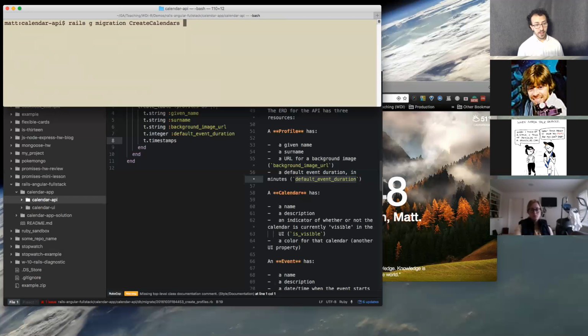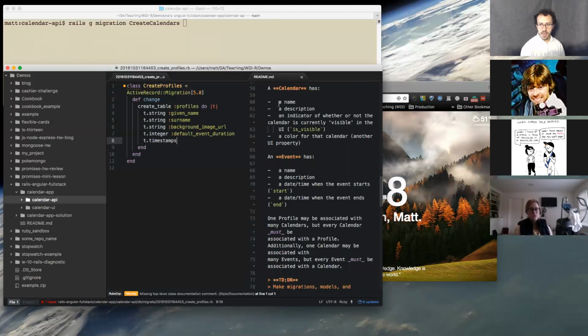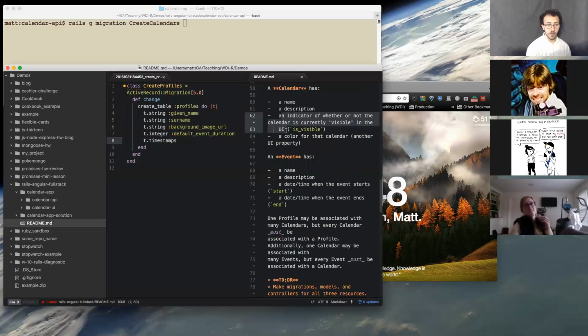Rather than opening up the file and typing all of that stuff in by hand, I'm going to use the generator syntax. And that allows me to type in all of the properties that I want the migration to create in the table in the command line interface. So what does a calendar have? A calendar has a name, a description, an indicator of whether or not the calendar is currently visible in the UI. So there's some UI property that is stored in the database, and a color for that calendar, which is also a UI property. Based on the context, I would say that this is a string,